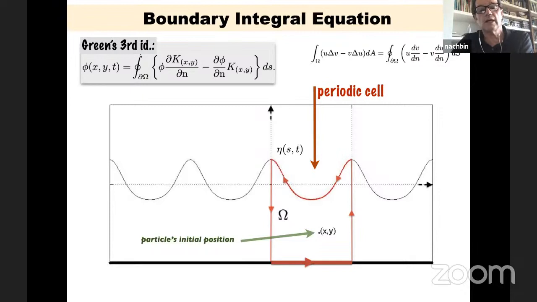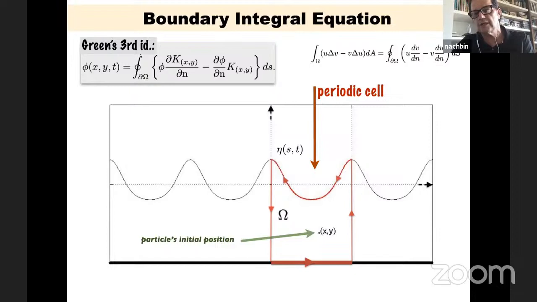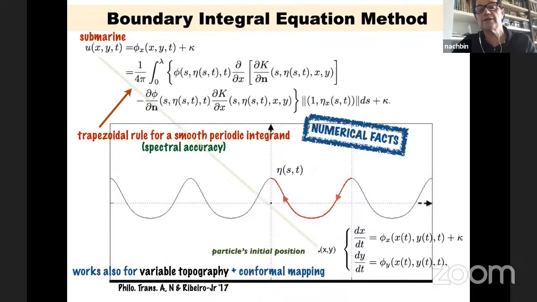But we have this periodic cell, and this is one thing I learned in a talk by Patrick Guidotti: we can use this periodic Green's function, which is very convenient because it allows us to erase the two vertical lateral parts of our domain, and using the method of images, we erase the bottom. So from the free surface, without getting wet, without getting into the domain, we know everything that's happening inside. So we have the potential at the point x, y without having to get into the domain, and we can therefore compute the vector field in a pretty efficient way.